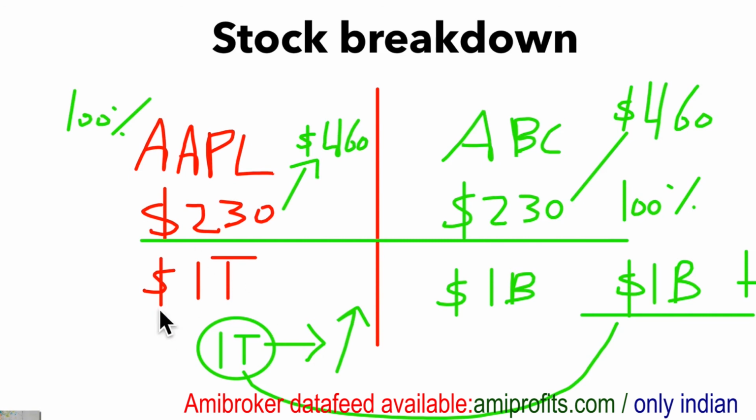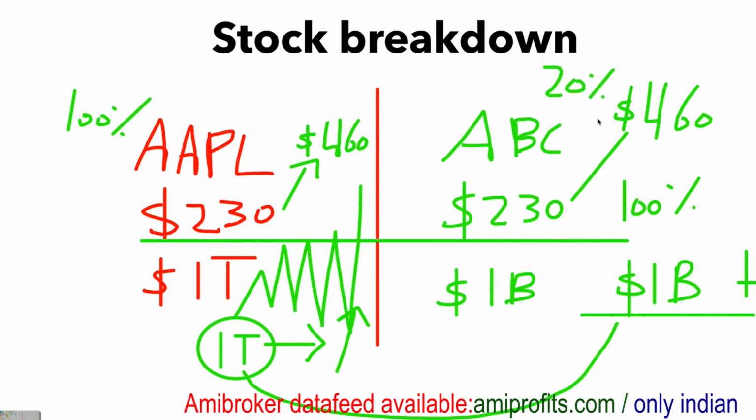Because if you're trading a stock like Apple, it might not fluctuate up or down very aggressively. It'll be a little bit safe, but it won't give you the highest risk, the highest reward. It won't make you the most amount of money. It won't go up 20% in a day. Stock ABC might go up 20% in a day, but it can also go down just as fast. So knowing what you're trading is very important.